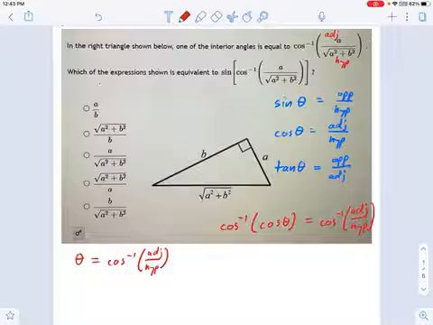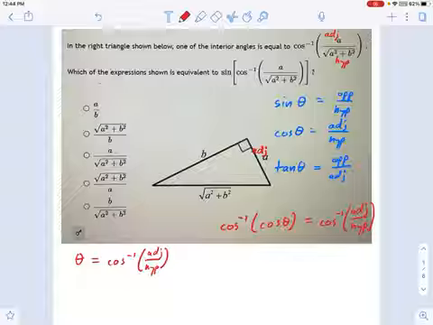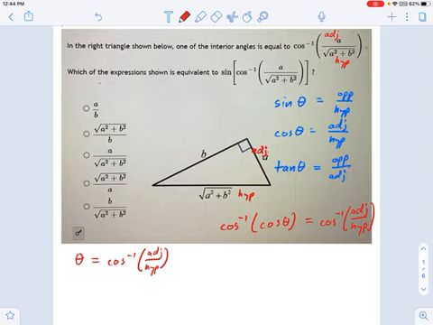Let's see, there's A. Okay, so this is my adjacent side right here. And this must be my hypotenuse down here. So where's the angle? Well, it's got to be right here. See, adjacent is next to theta. Hypotenuse is the diagonal. So that's my angle. And that angle, remember, theta equals this thing. Theta equals this whole thing right here that I'm circling. And I plug that into here.